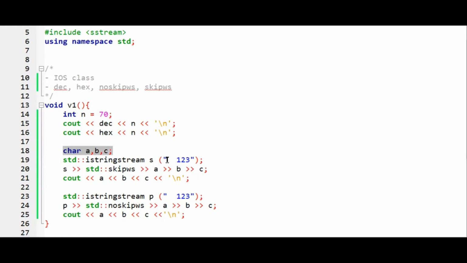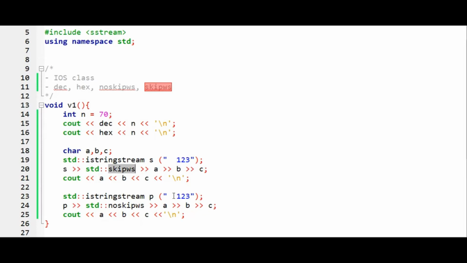Once it removes the white spaces, it will have only three characters, and those three characters will be mapped to a, b, and c. Later, we pass c to the console through the cout object, and again b, and again a. So the value will be 1, 2, and 3 in sequence, because we are printing in that order. This is about skip white spaces.